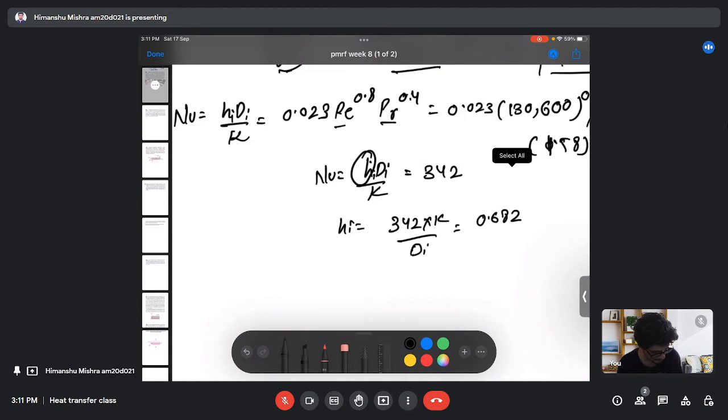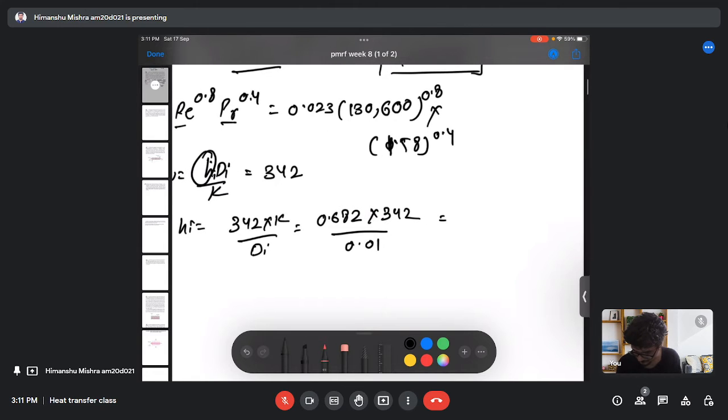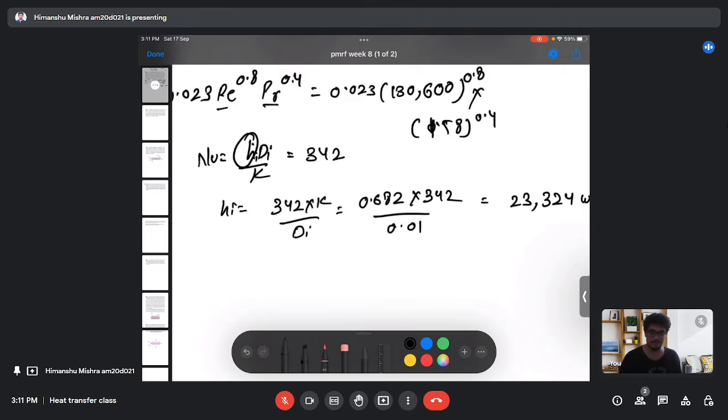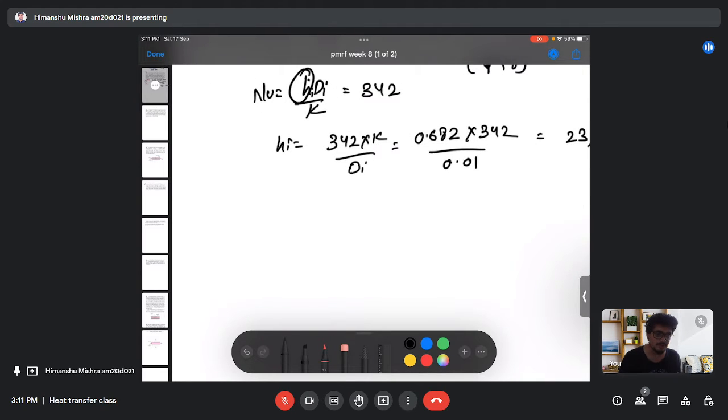So 0.68 is my thermal conductivity K. And my heat transfer coefficient will be 23,324 watt per meter square degree Celsius. So now we got the heat transfer coefficient, the internal heat transfer coefficient, and in the question we already have given the heat transfer for the outer case. That means we have given the H naught, which is